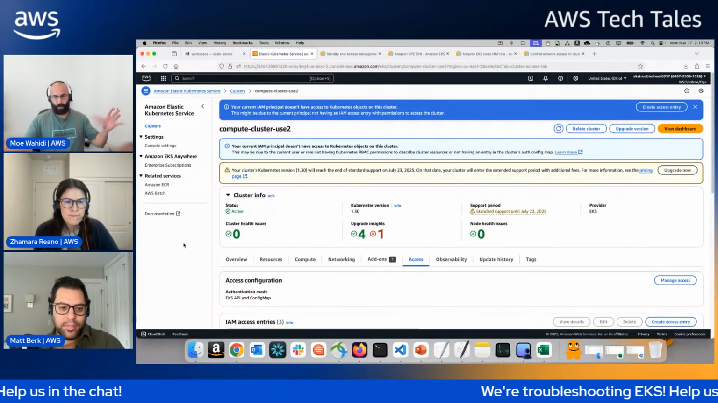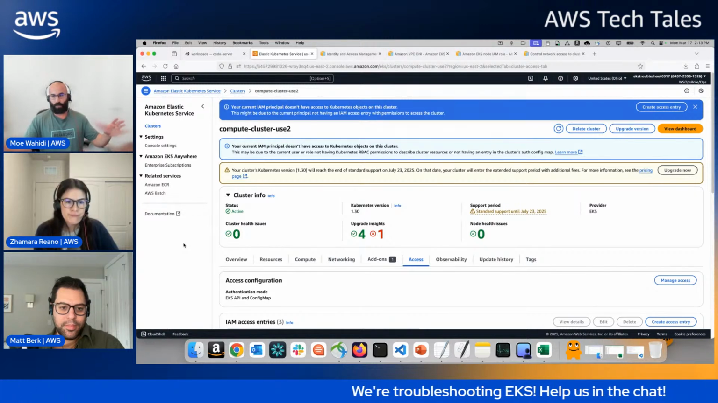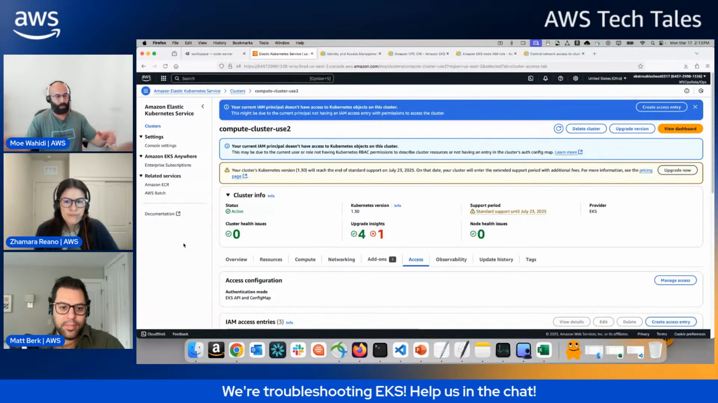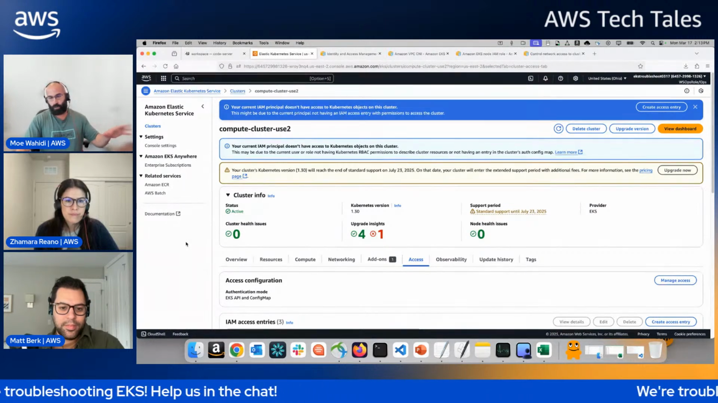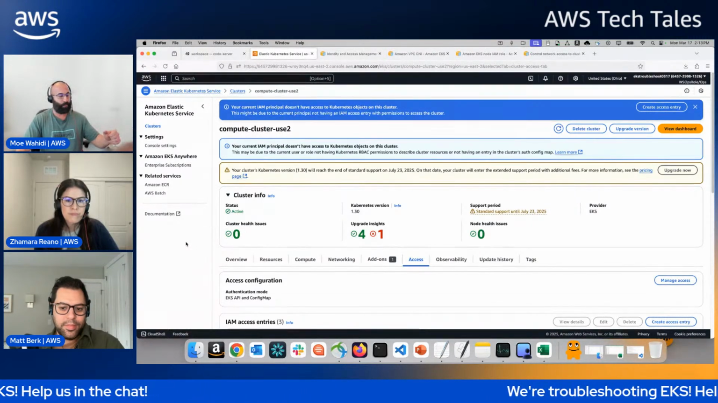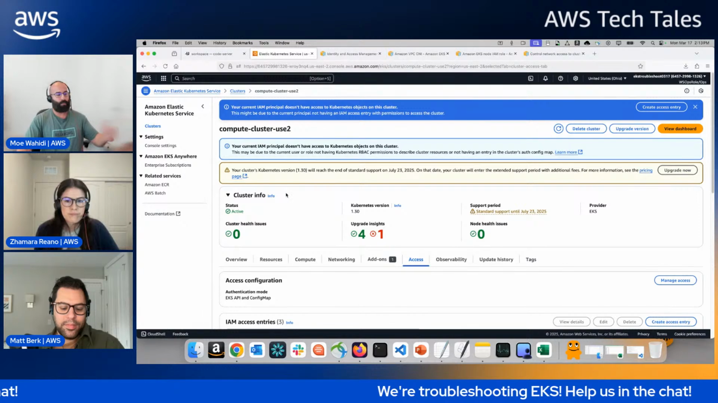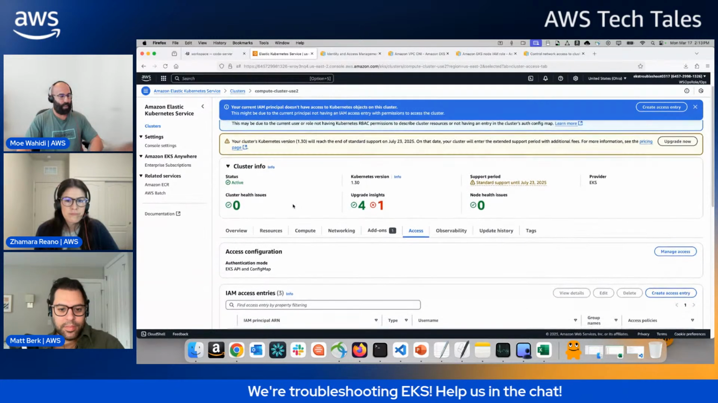By the way, during this session I'm going to be using a combination of the AWS console, kubectl, and also K9s. We'll talk about this in a little bit. I feel like it's more powerful to show all that, and I'll try to show visualization as much as I can. So if you go to this cluster that we're troubleshooting,